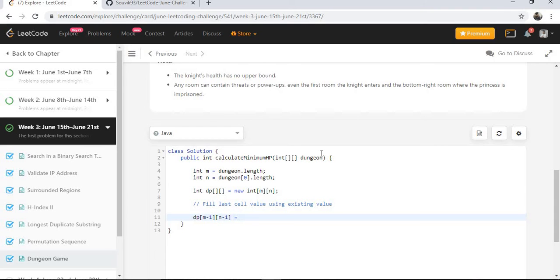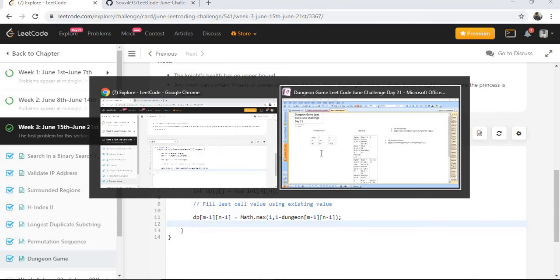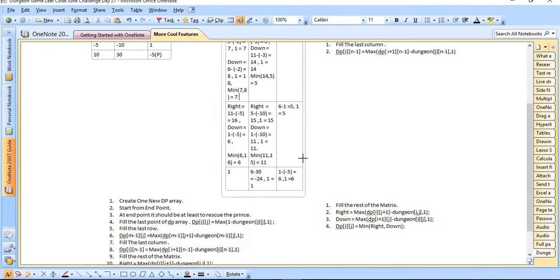We can use the Math function of Java. Then what will be the output? It should be either 1 or dungeon[m minus 1][n minus 1], 1 minus this value. So we have already filled this last location, that should be 6.